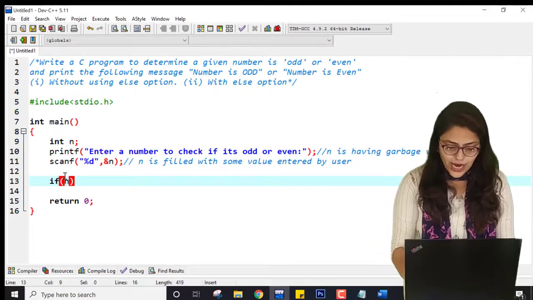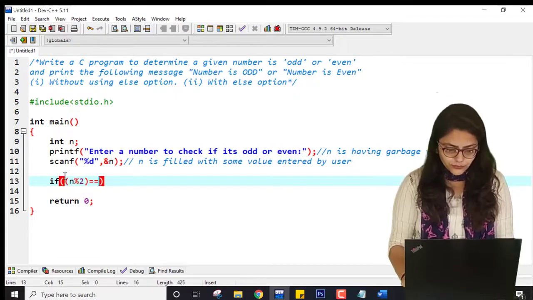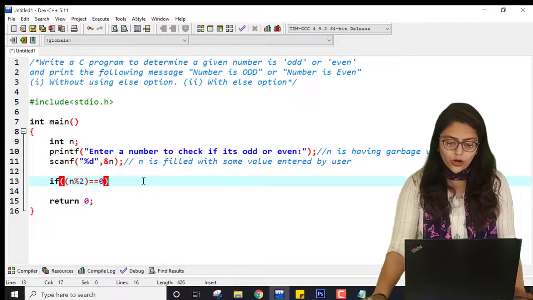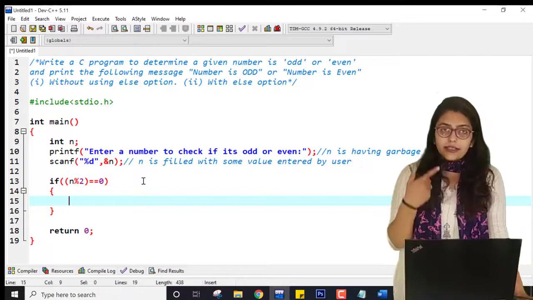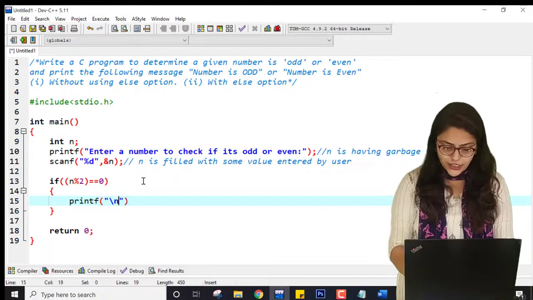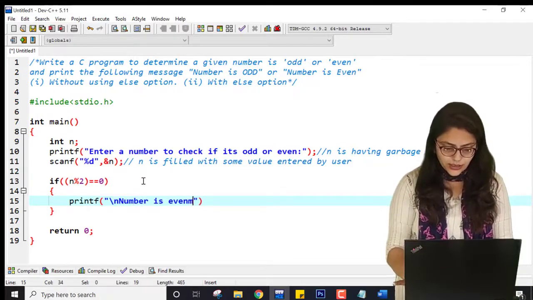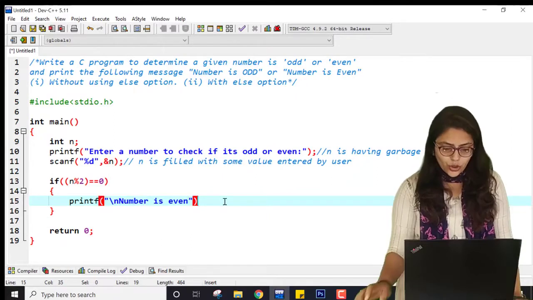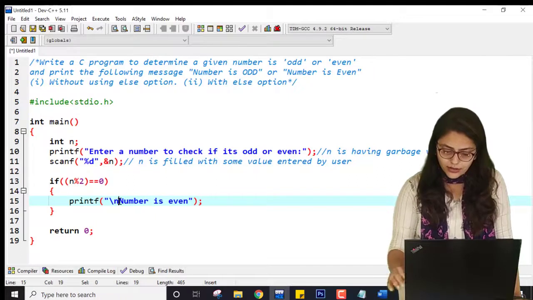So I have to check if n modulo 2, that is when I am dividing n by 2, whether the answer is equal to 0 or not. If the remainder is 0, that means n is divisible by 2, and at this stage I am going to write number is even. Okay, so this is the case when n is divisible by 2 and I am getting 0 as remainder.